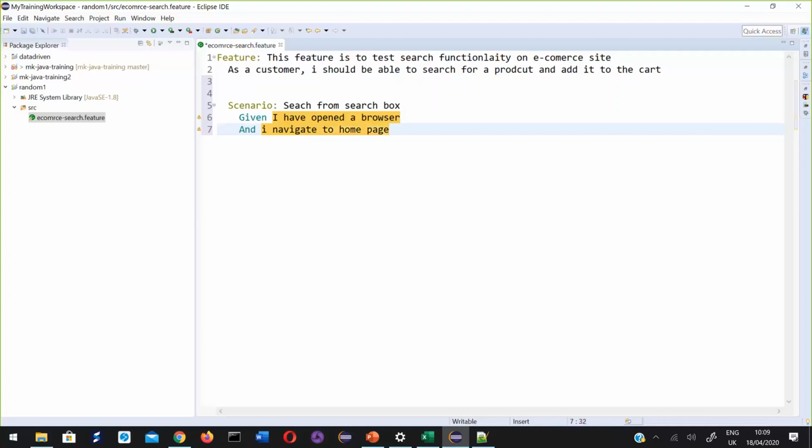Okay, so this is the precondition that I want. I have opened a browser, suppose I have opened Chrome. Then I navigate to home page, that means let's say amazon.co.uk. I'm there. So these are the preconditions.